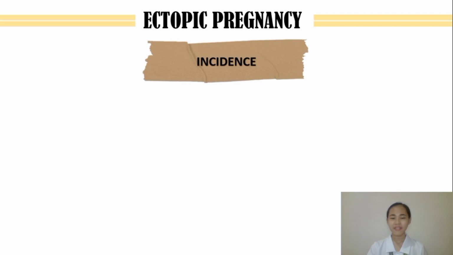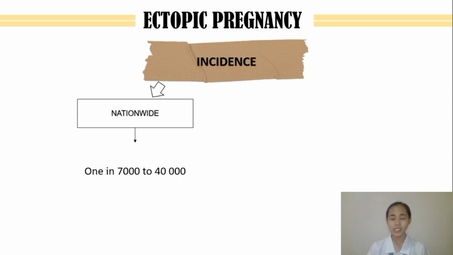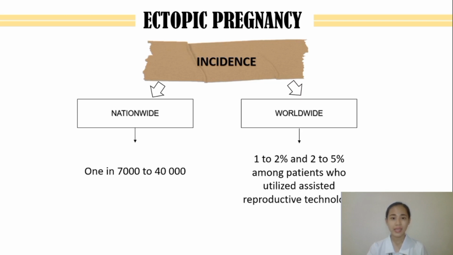Now, the incidence of ectopic pregnancy nationwide, according to Hospital ng Maynila Medical Center, Manila, Philippines, is that ovarian ectopic pregnancy occurs in 1 in 7,000 to 40,000 pregnant women. Worldwide, the incidence of ectopic pregnancy is 1 to 2%, and 2 to 5% among patients who utilized assisted reproductive